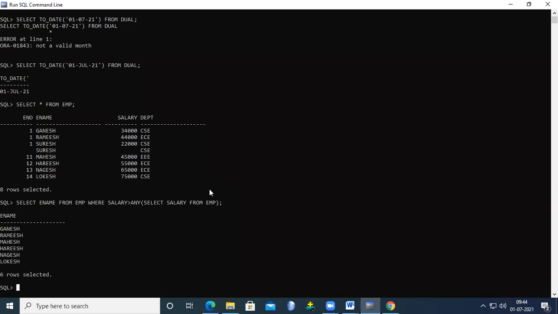So here it is only performing the comparison: what are the employee names where salary is greater than the particular employees? Here we did not mention anything.